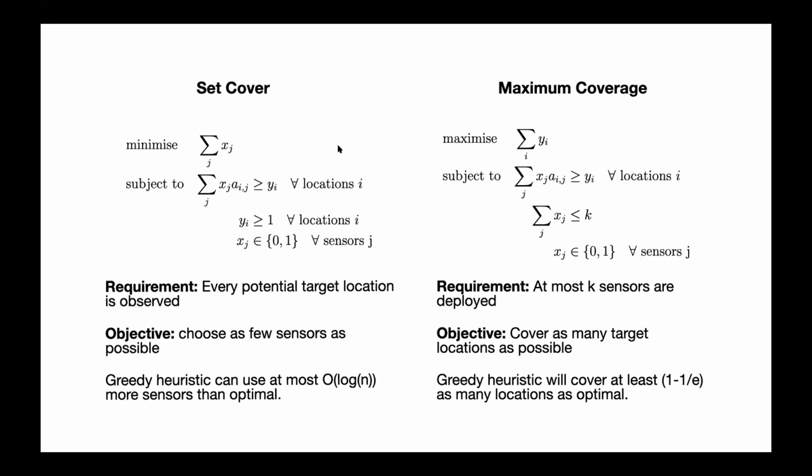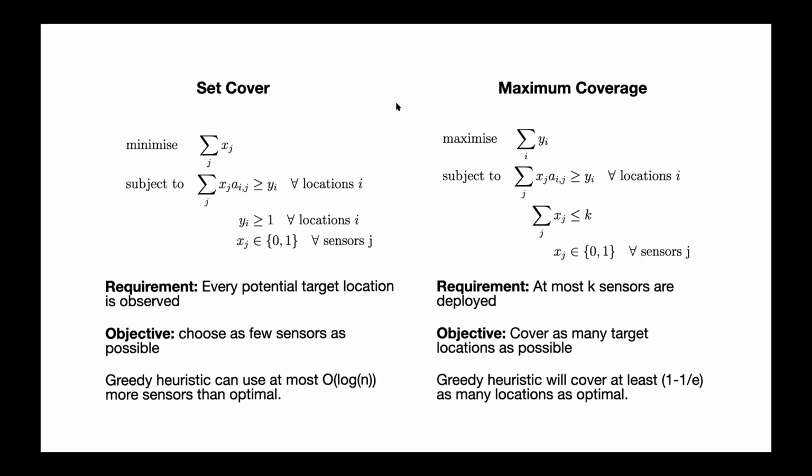So what we did to get a feeling for the problem in the discrete setting is we implemented both of these. First we used Will's forward modeling to give us the coverage regions for each potential sensor location. Then we could generate a set of potential locations, and for each one, essentially an incidence matrix or detection matrix that shows this sensor detects these locations. And that gives you your matrix A here. Once you've got that, you can encode this in an integer program and feed it to some commercial solvers. So I just tested it with Gurobi.